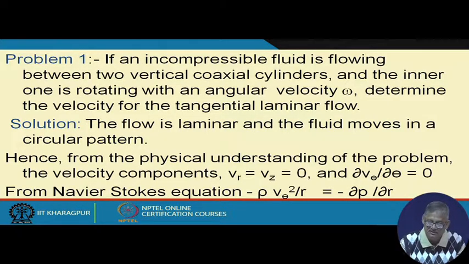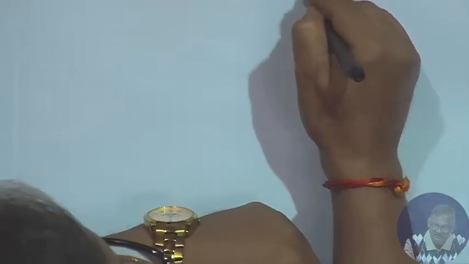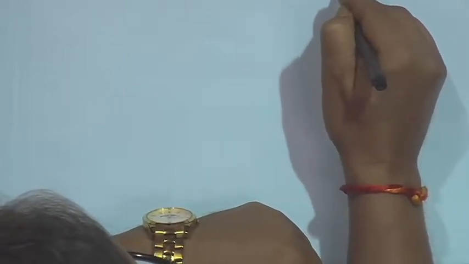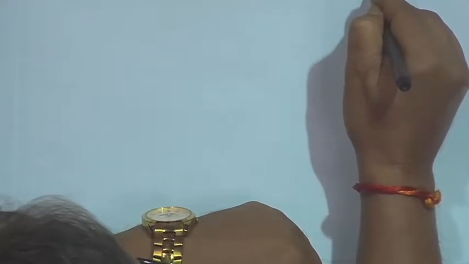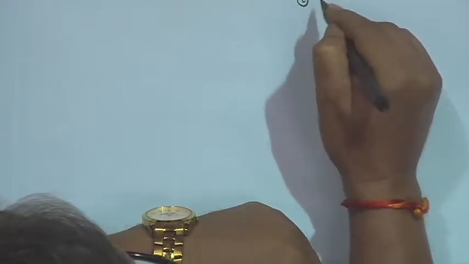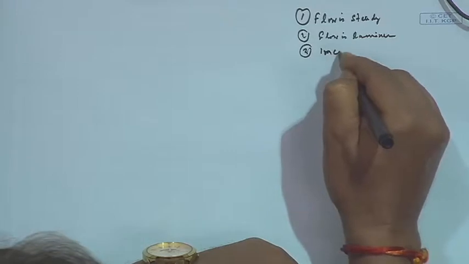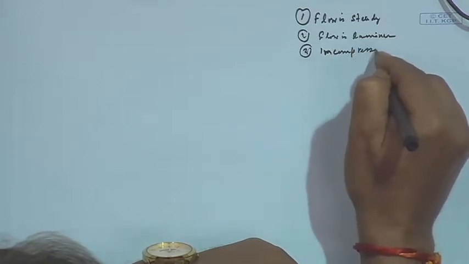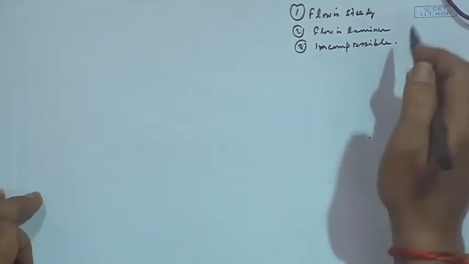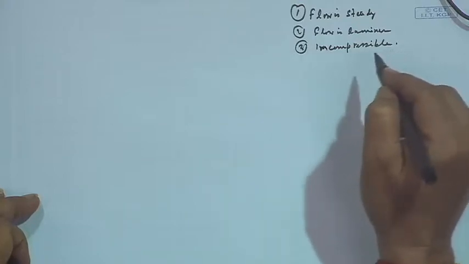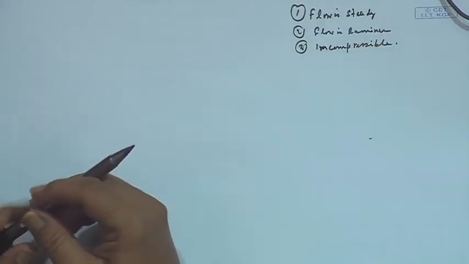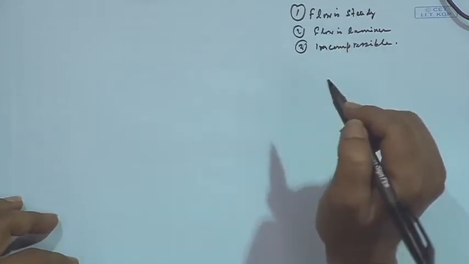So, as usual, we have seen that the flow is steady, then the flow is laminar, and the fluid is incompressible. These are the three given conditions. Of course, the others, like that the flow is fully developed and there is no end effect, are also there, right. Then